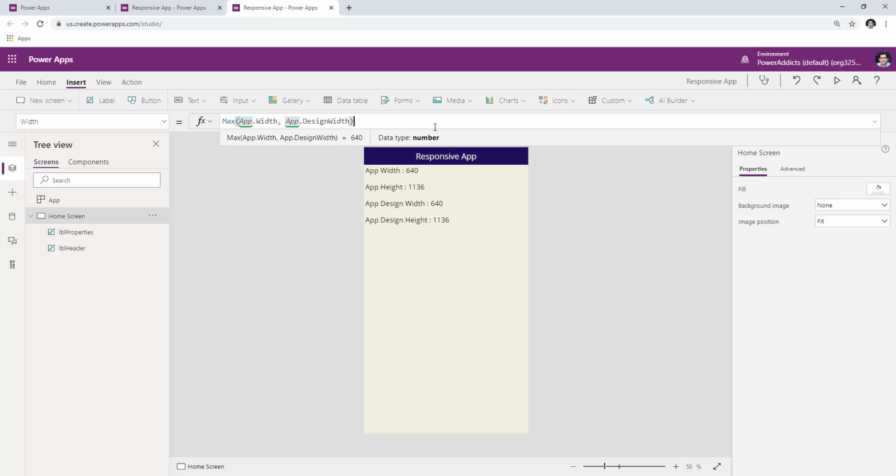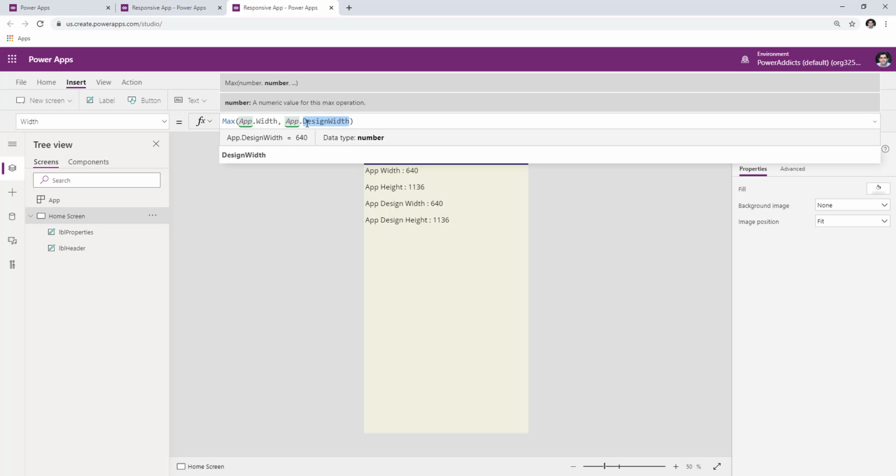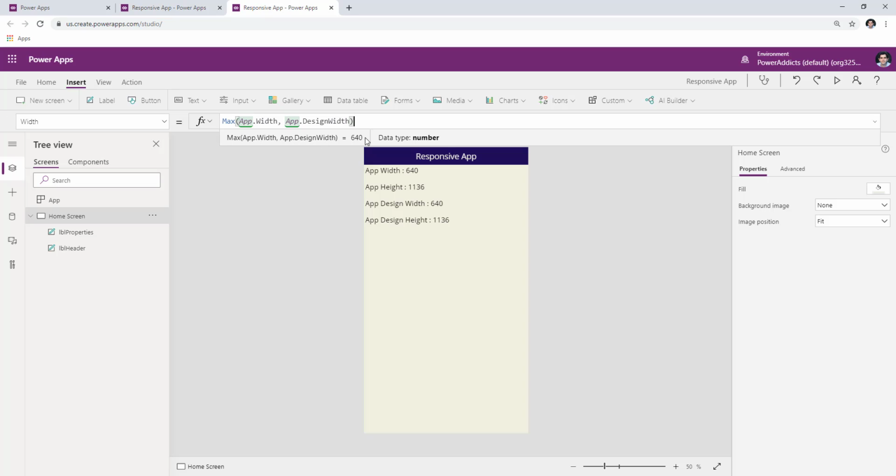Now, what does this mean? It means whatever is the current width of the device that the user is viewing the app on, get that value, that's app.width, and get the design width, which is the minimum width for which I have designed this app. And in my case, because I picked the mobile form factor at 640, that means no matter what happens, 640